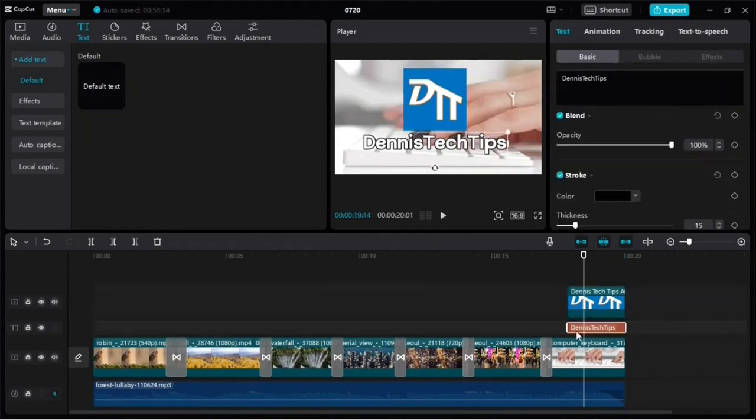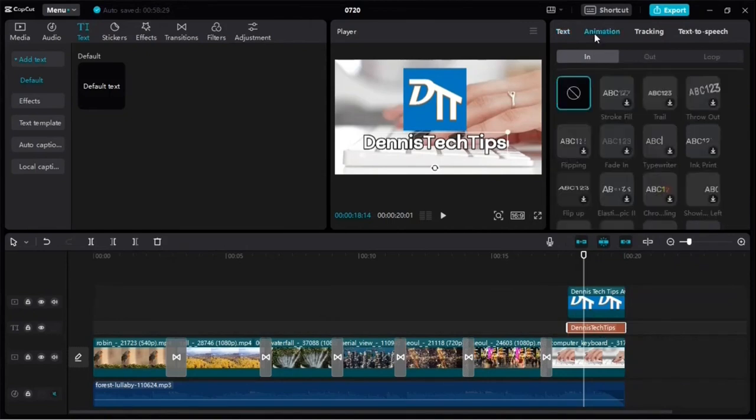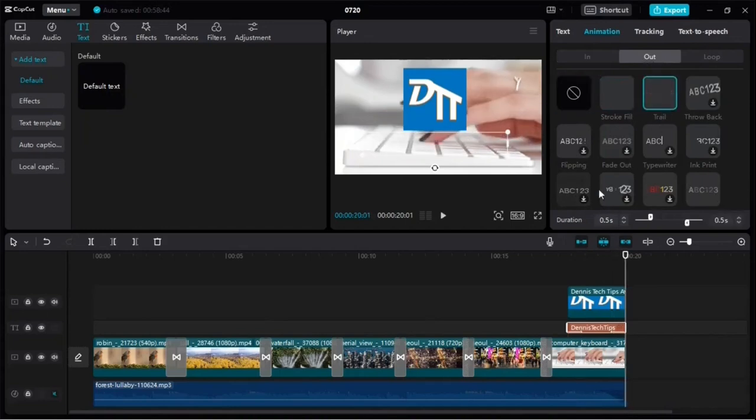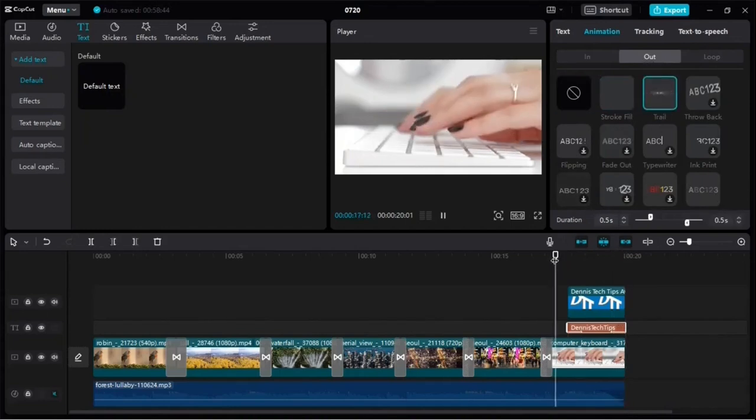So I want to add an animation to the text. So I'm going to have the text selected and then head over to animations. And I'm just going to select, let's say this one, for example, for the in point for the text. And then for the out point, I'm also going to add an animation. So now when I preview this,